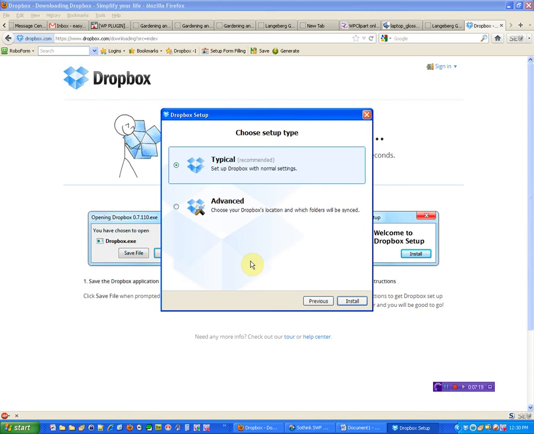However, I don't suggest you do that. I suggest you put Lockbox in a completely different location. Use the typical setting for all intents and purposes. That's what I do. I'm going to click Advanced in a minute and show you what the typical settings are anyway. Because once you start using Lockbox, you're going to discover that you're going to want to